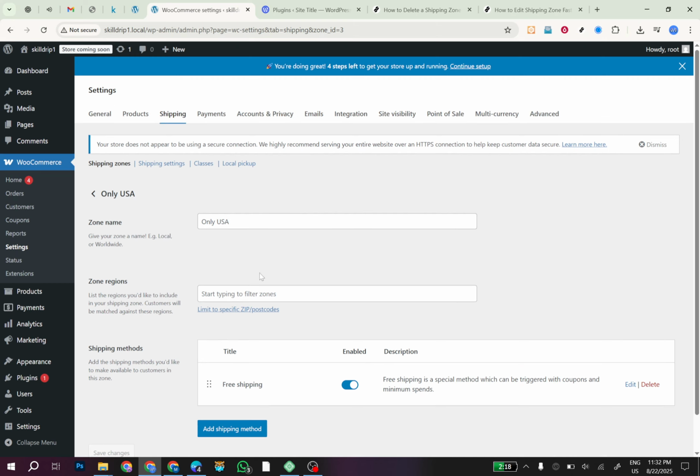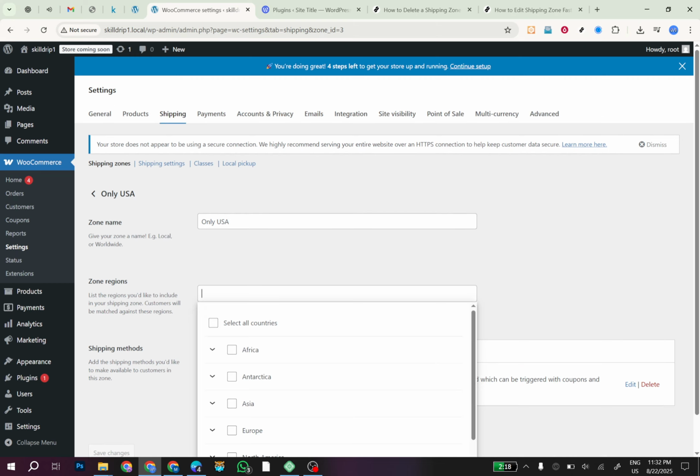This is where the magic happens. By clicking Edit, you enter the edit mode of that specific shipping zone, allowing you to make